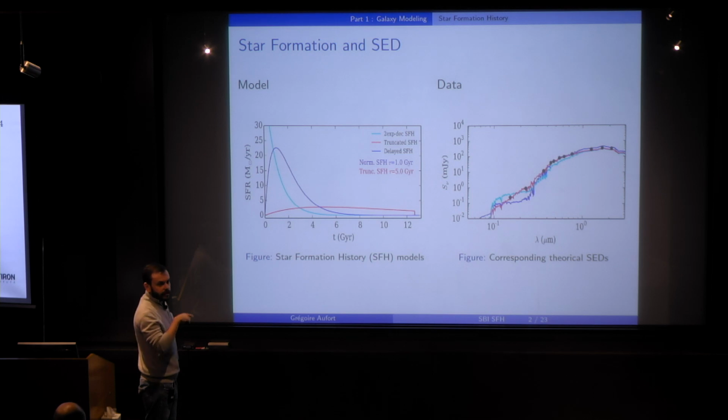I'll observe a few photometric points, and the name of the game is to find the SFH corresponding to that SED. I have a bunch of different ways to define an SFH. So here are three analytical ones. Unfortunately for me,